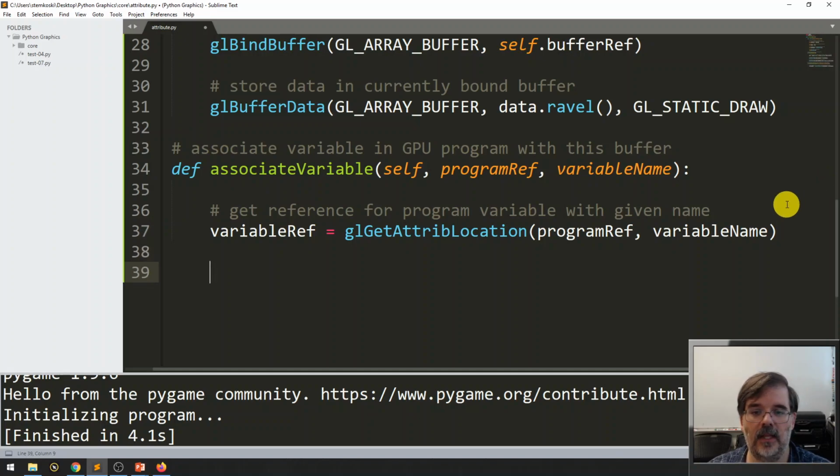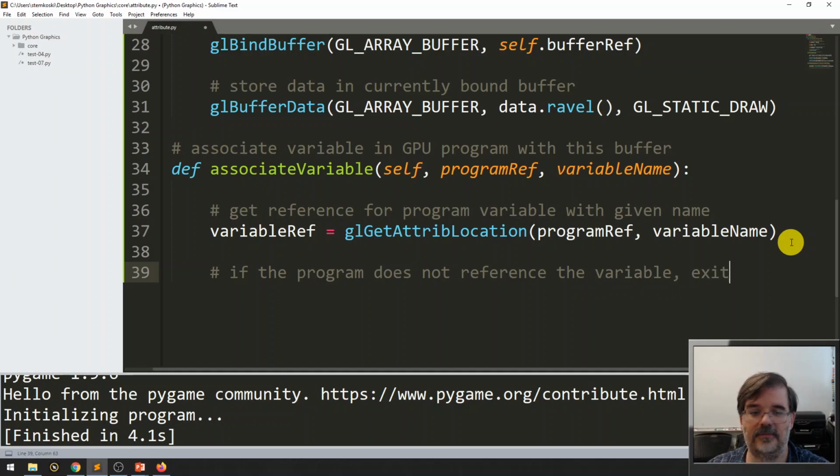Okay, that's step one. Next step, it could be possible that there's some kind of a typo here. It could be possible that the program just doesn't use this variable at all. So that's an easy check. Right, so if the program does not reference the variable,